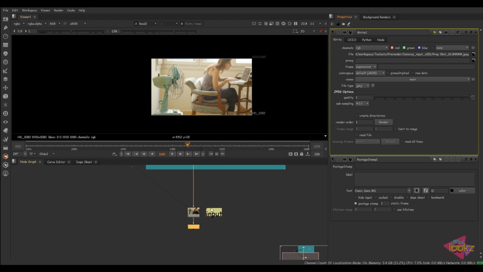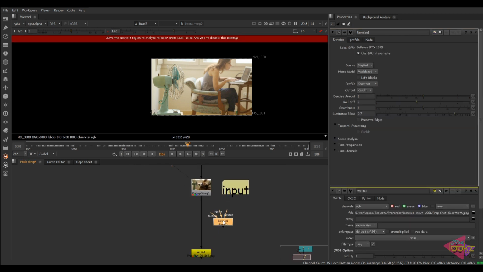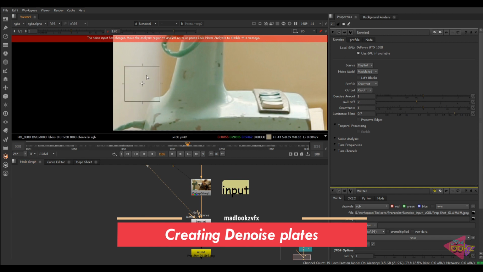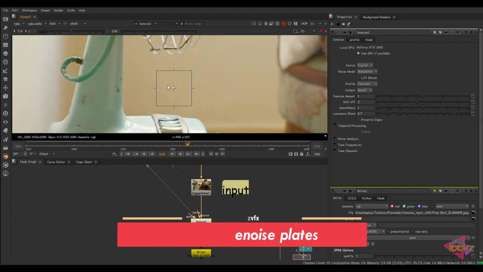So before render I have to denoise this plate, right? So take a denoise node. Connect that here. So we need to denoise this. We are getting an error here, no worries. Just show the pattern of noise in your plate using this bounding box.